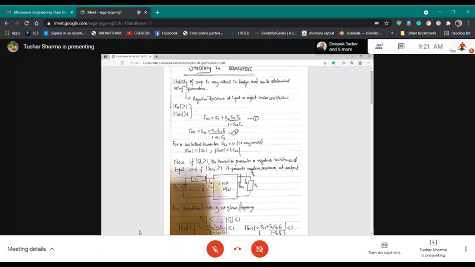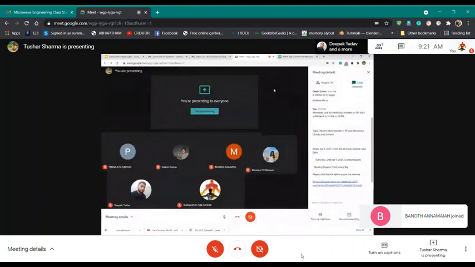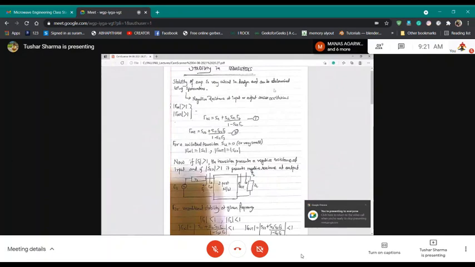Now, since gamma in is a function of S11, what happens if S11 is greater than 1? Usually, S parameters are given in polar form, R angle theta, and R is your magnitude. What if the magnitude of S11 is greater than 1? Then the Z in will be negative, which means gamma will be greater than 1. So your gamma in will be greater than 1, which means you will be outside the Smith chart, for input impedance as well as at the load of the transistor.